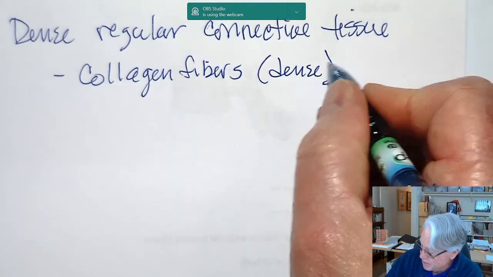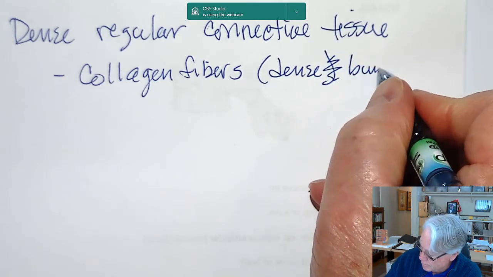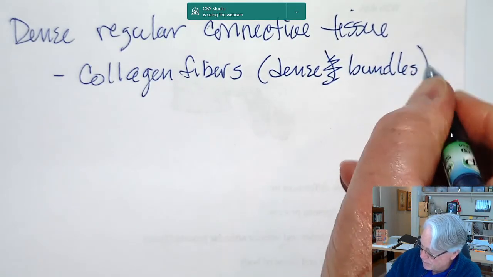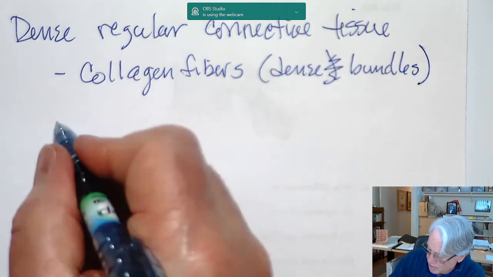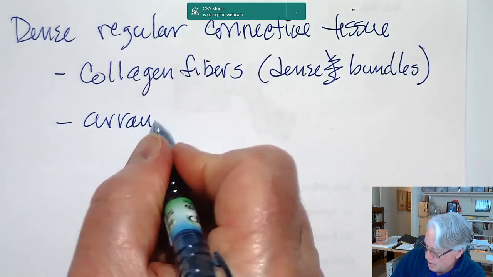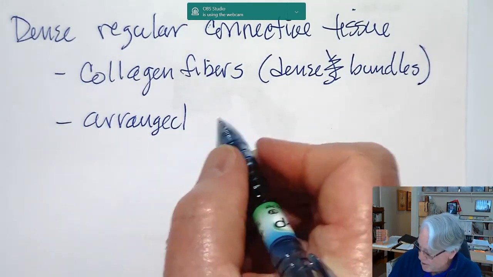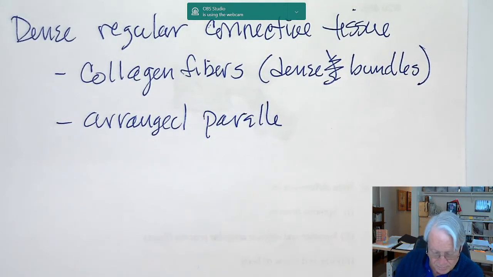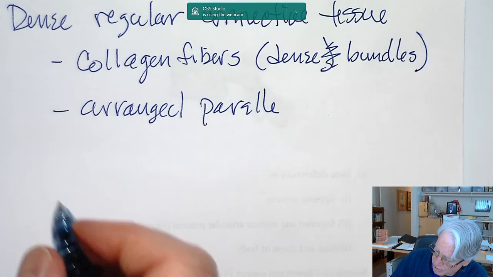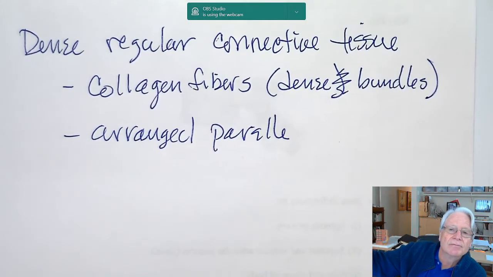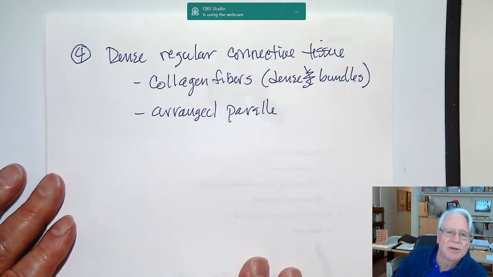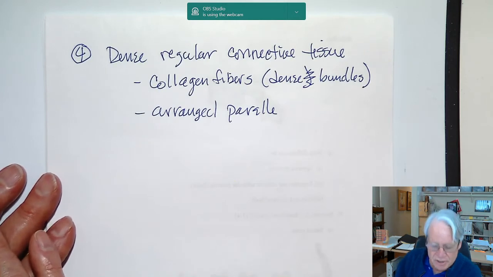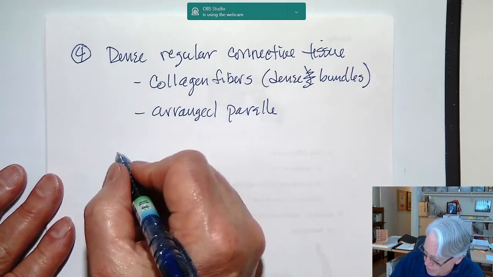Dense bundles of collagen fibers. And they're all arranged in parallel. So we have a very strong, tough material that resists pulling. So our locations are